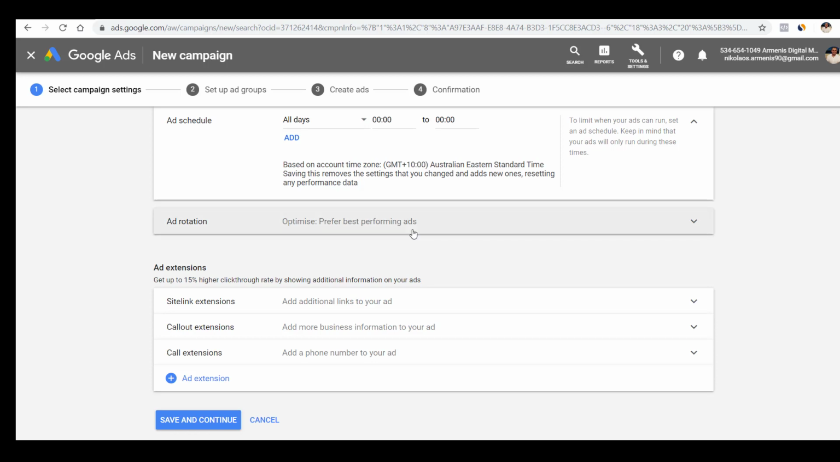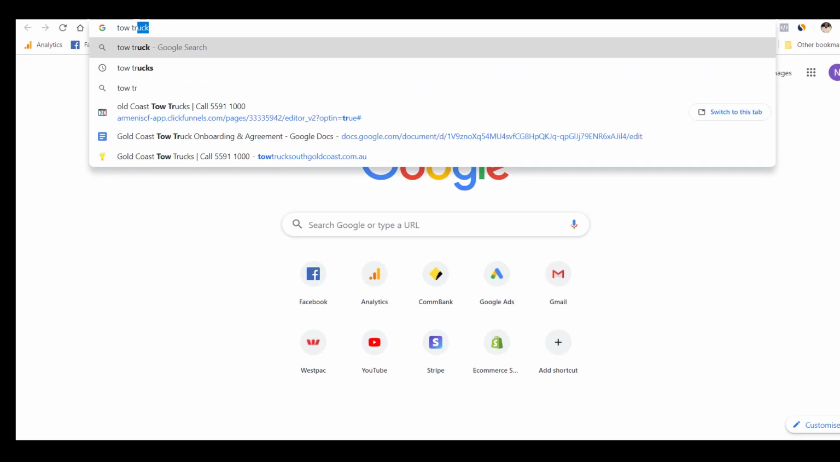Okay, ad extensions. Another piece of the puzzle that people miss. Ad extensions basically make your ads stick out and help you get more leads and help you get more conversions, okay? Because basically it adds additional things to your ad. I'll jump into Google Ads and try and find some for you, but I'll also help you set some up here. Let's jump into here and go tow trucks